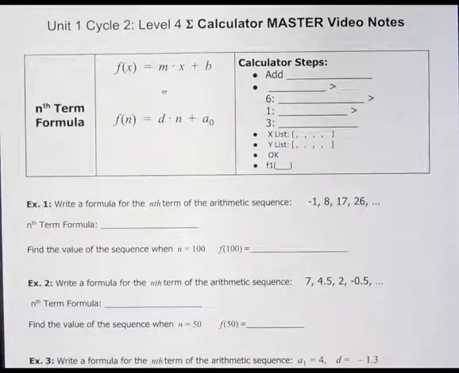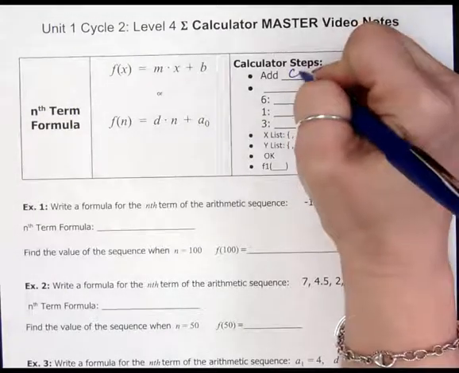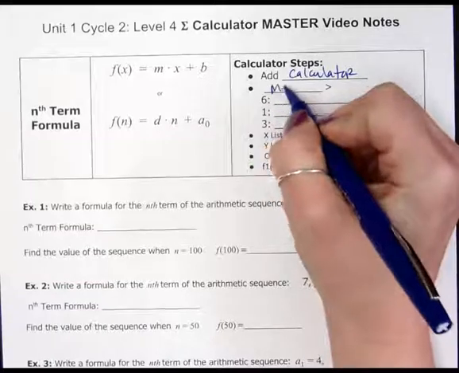All right, level 4, here we go. We're going to go quick. We're going to use the same calculator strategy we did before, plus one extra step, which is actually going to be pretty cool. So remember, your steps are home, new document, don't save, add calculator, then you hit menu,